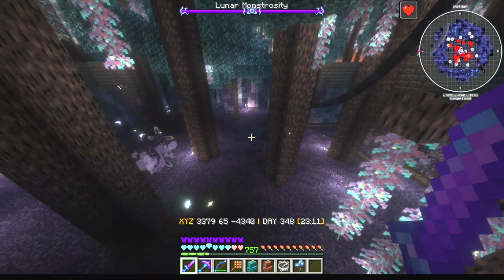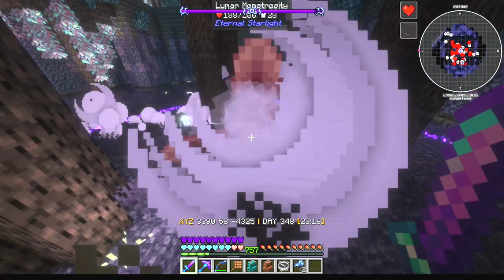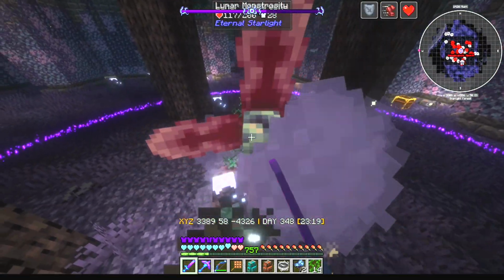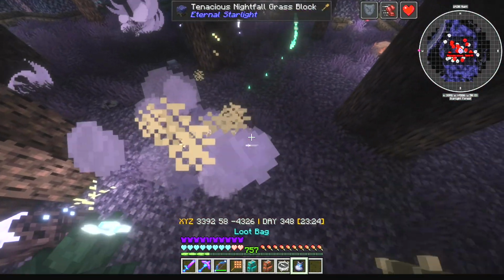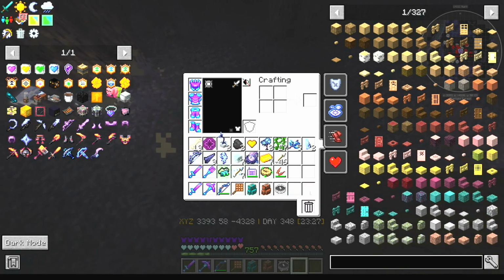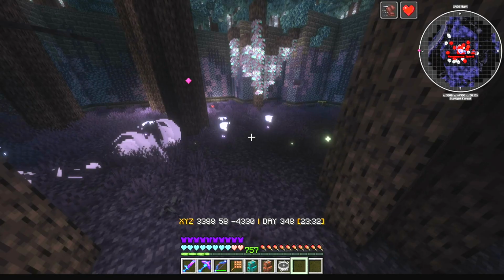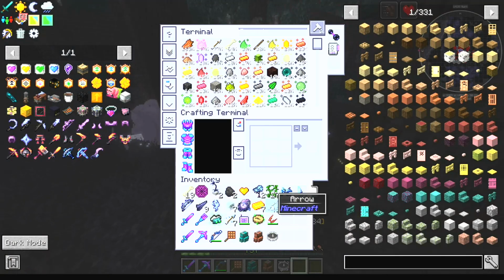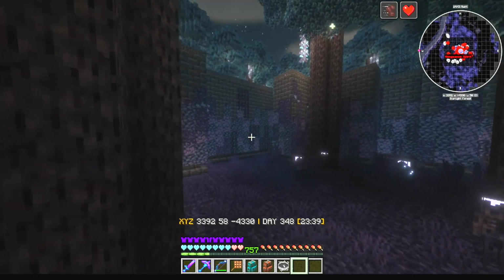Okay, we're here again. Let's get another one of these Lunar Monstrosities taken care of. Come on, come on. They have a lot of health, but thankfully the big thing is that they die. So hopefully we get the staff. We didn't get the staff. Well, now I need to go find another one. So I'll see you guys in another little...